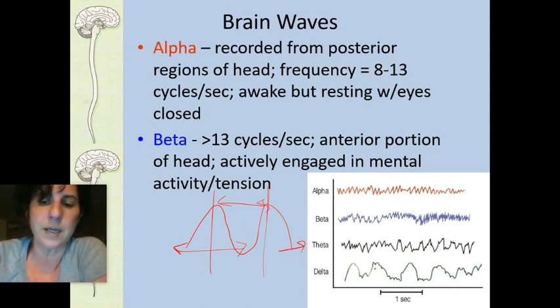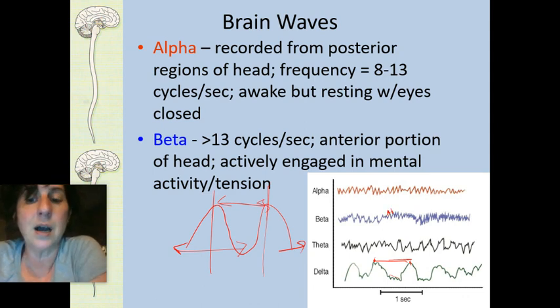So in 1 second, if you look down here at the delta waves, we've got a peak here, a major peak, and then another one here. And so we have a lot more spread between those, with some minor ones in between. Versus, look at the beta waves. You've got a peak here and a peak here, so there's a lot less time between those 2 peaks. And so that kind of gives you an idea of how active those waves are,